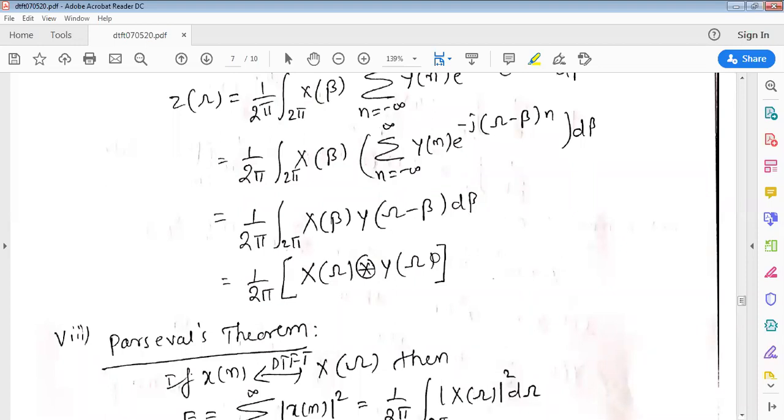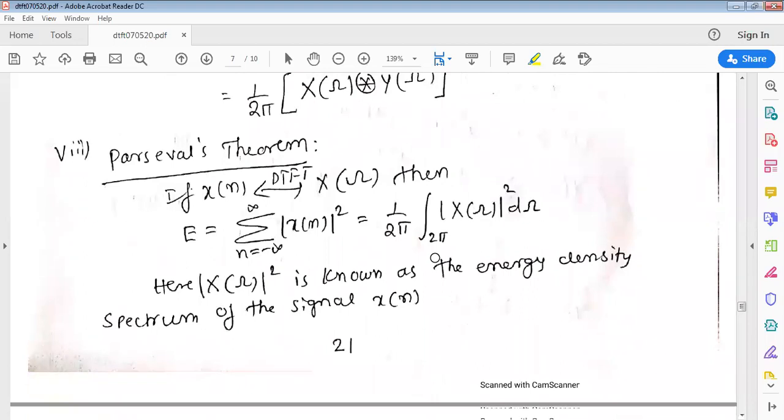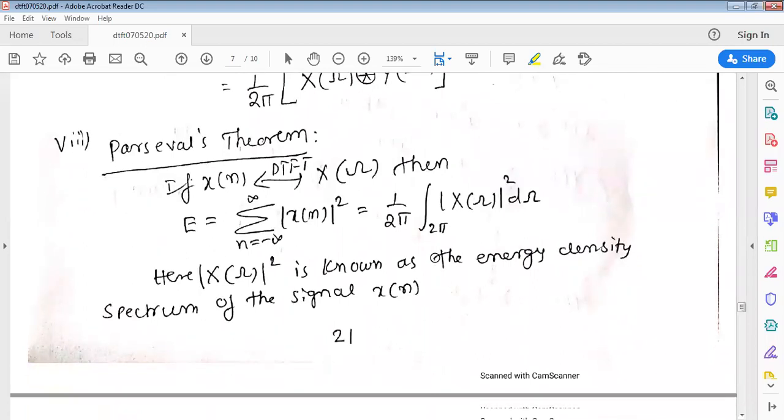Yes, sir. Okay. Now I'll go to Parseval's theorem. Parseval's theorem is generally important. They will ask you problems, both proof also. So hear me carefully. Now once again, if x of n translates to x of omega, then